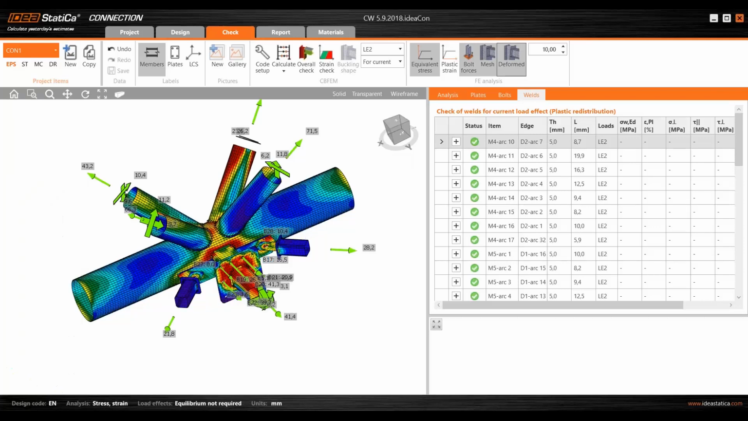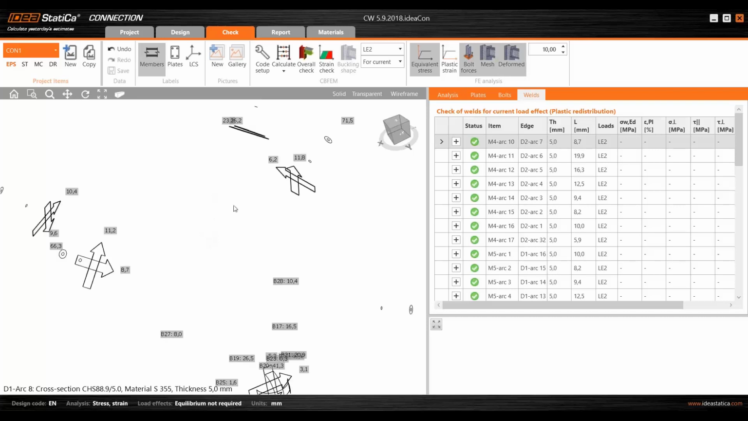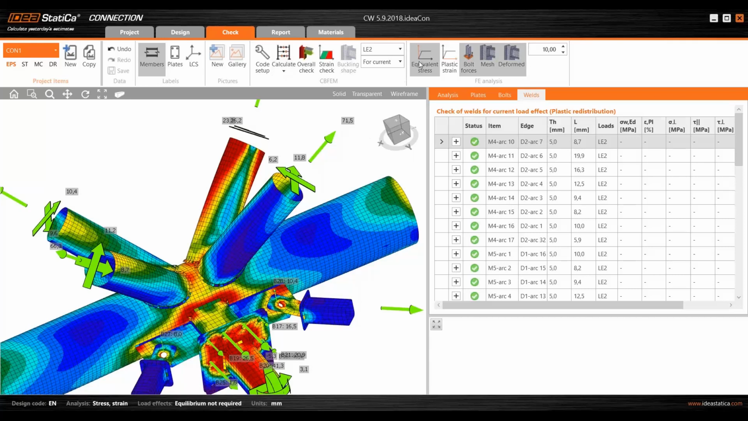Yeah, I got the computer a bit stuck, but yeah, I think that's basically everything that we can